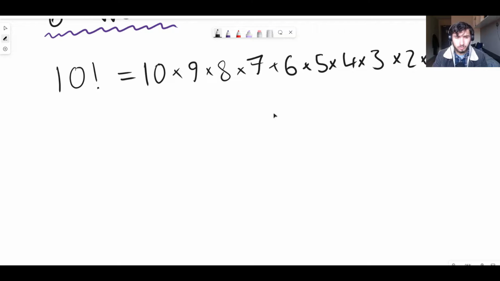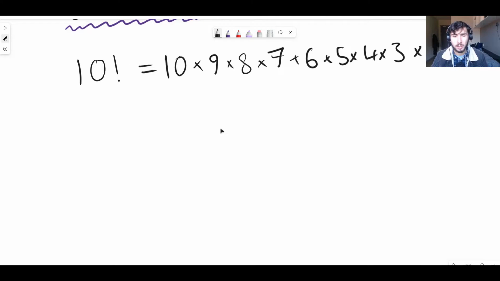In general, I won't write it, but the pattern is the same for any other factorial if you're interested. So for example, 3 factorial would be 3 times 2 times 1, which is just equal to 6, and so on and so forth. All factorials work the same way. It's just the number with an exclamation mark, and you multiply that number by itself and then every decreasing integer until